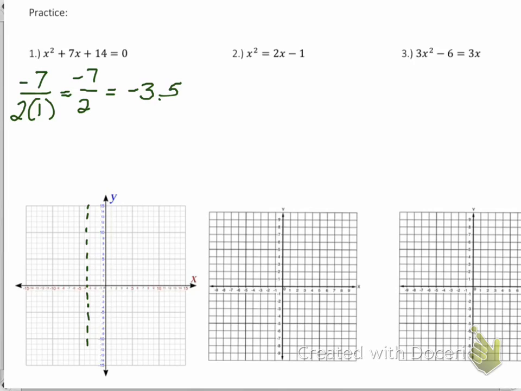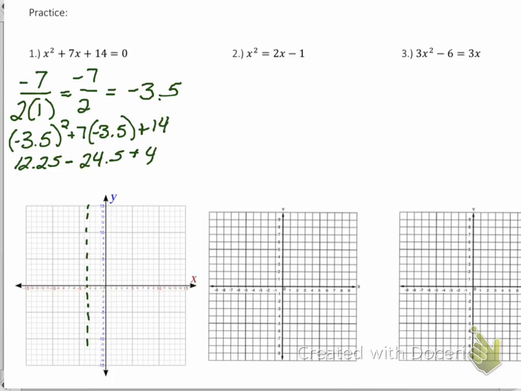Okay, so here's my line of symmetry. Now I'll plug that in to find my vertex. So -3.5 squared plus 7 times -3.5 plus 14. So this is going to simplify down to 12.25 minus 24.5 plus 4. And so when I plug it all into my calculator, I get 1.75. And so that's where my vertex is,